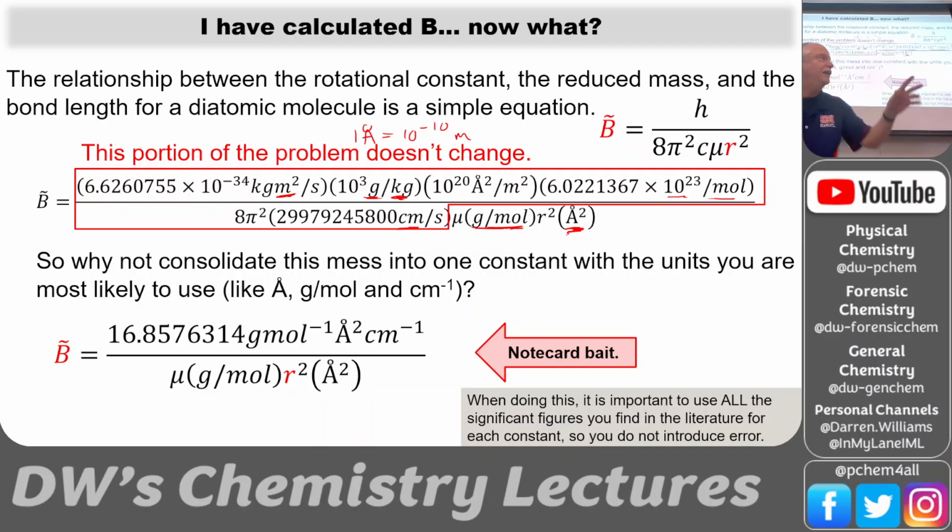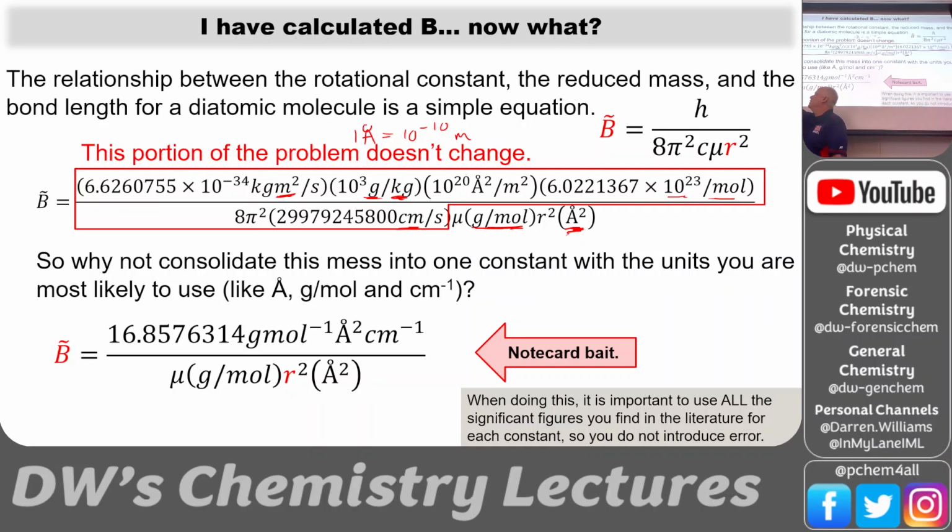Notice there are not even any 10 to this. Okay, so you do it once, make sure you get it right, and then you don't have to worry about times 10 to the this and times 10 to the minus 34 and times 10 to the positive 23, and just make your life easier. Okay, but use all of the sig figs, especially for your lab, so that you don't introduce error. So keep all of these digits that you have here, and now you